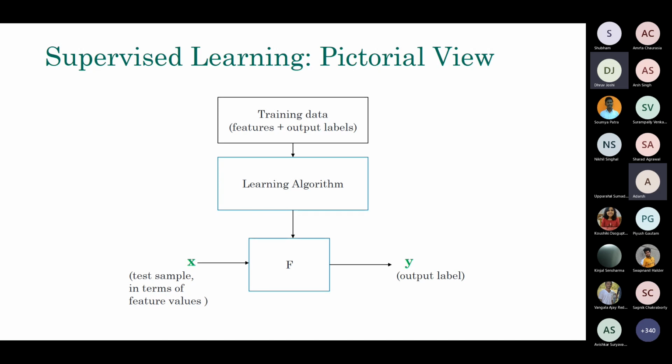Now, not all machine learning algorithms are of a parametric nature. For example, when you are doing k nearest neighbor, you are not explicitly learning any function, but when you are doing logistic regression, you are learning a function. Often, as with neural networks or support vector machines, you are learning a function from the training data. The learning algorithm used to learn the function will take the input data x and produce the output level corresponding to it. That's the general setup for any supervised learning.